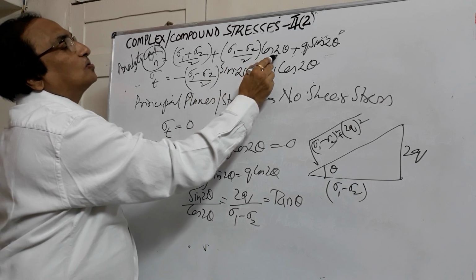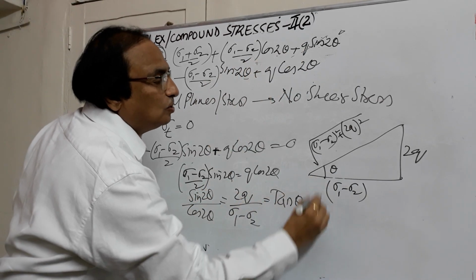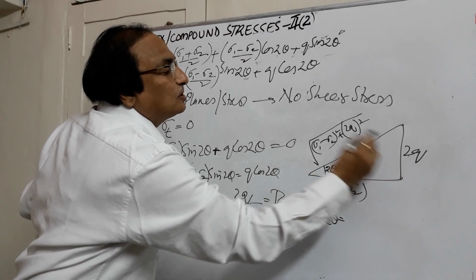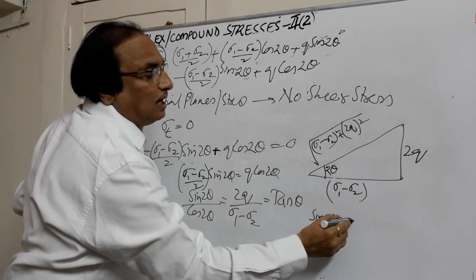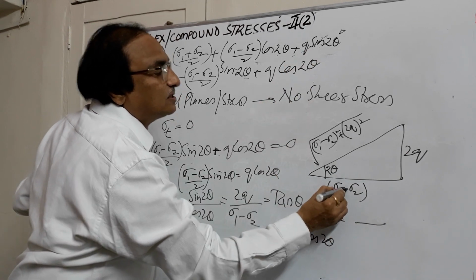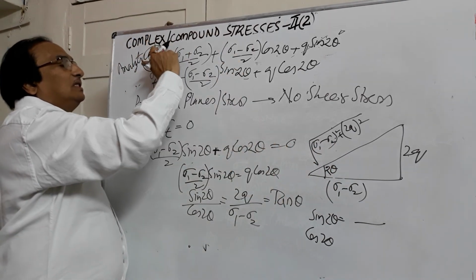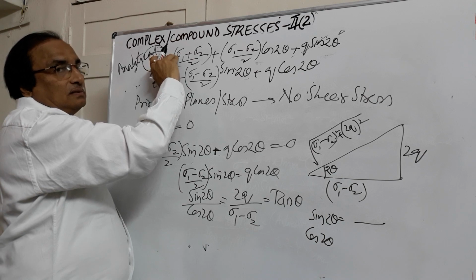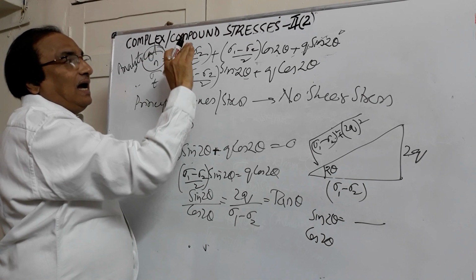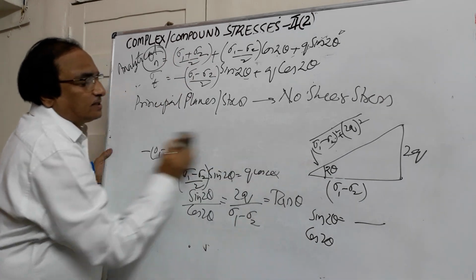We have got cos 2 theta, we have got sin 2 theta. Sin 2 theta is opposite by hypotenuse, cos 2 theta will be equal to adjacent by hypotenuse. Knowing these values, if you substitute in this equation, there will be no shear stress on that plane,